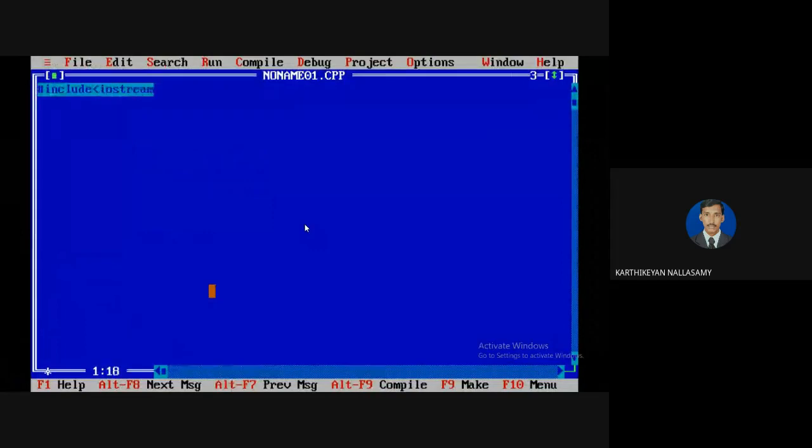We know that iostream is a header file, so I'm including iostream.h. For example, I have one function with two arguments, int m1, comma, int m2. Assume that I'm going to print the value of m1 and m2 here, just for the purpose of printing it.